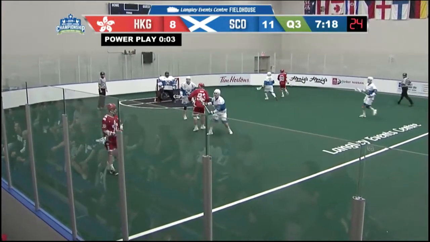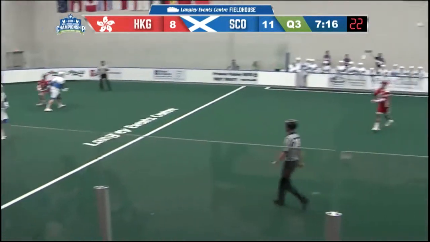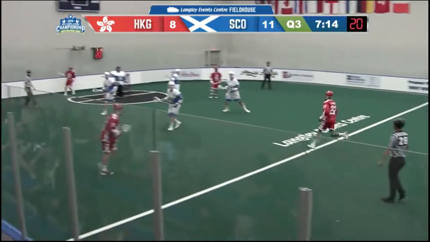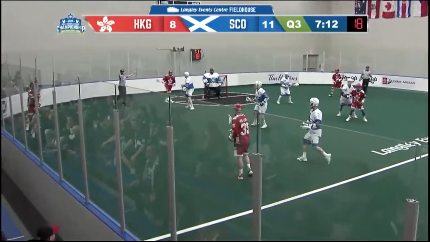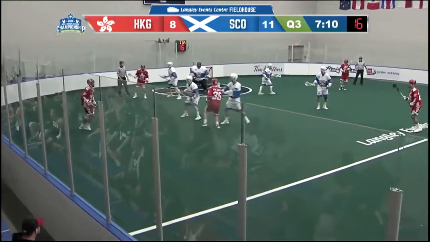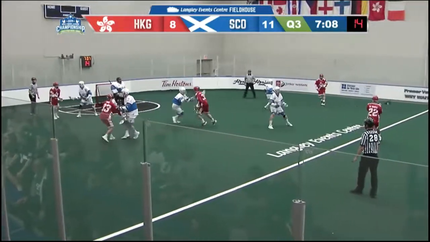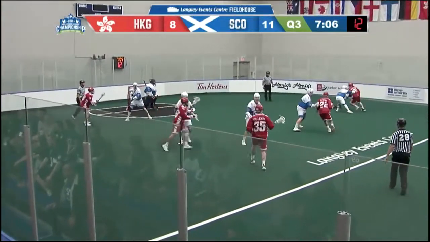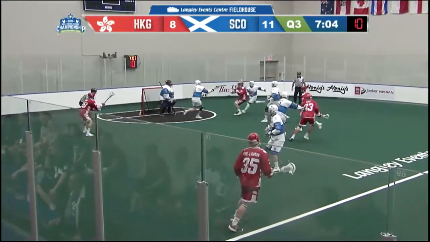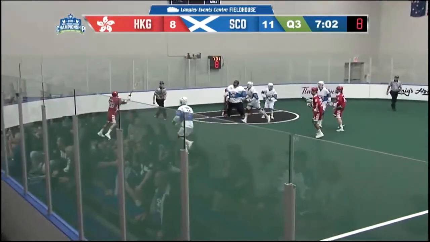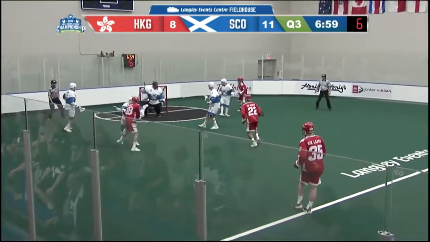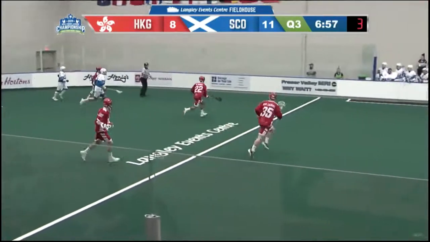Assists to number 12, Albeck, and to number 93, Will Paczynski. So Scotland has 11 goals, 8 of them scored by Moffat and Vickers combined. Now a 3-goal lead over Hong Kong, who's looking to get at least one back.